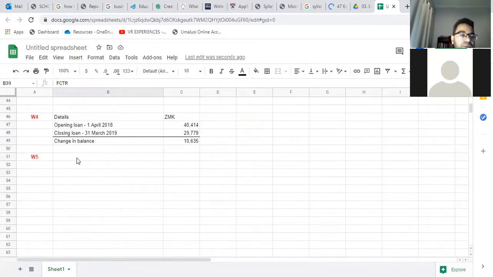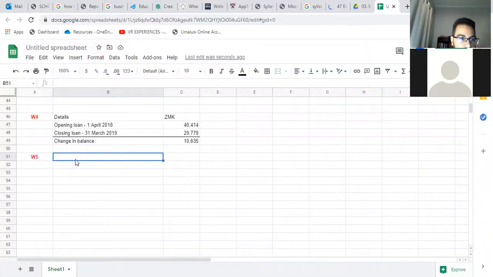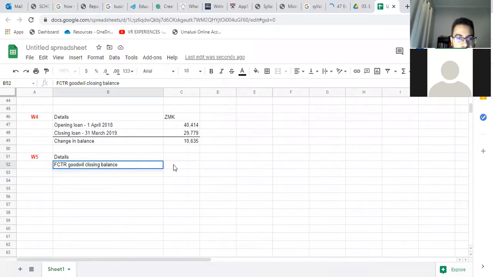So the way we're going to do it, for goodwill FCTR, we're just going to do the following. This is for goodwill FCTR, and this is for the closing balance. So for the closing balance, what we're going to do,